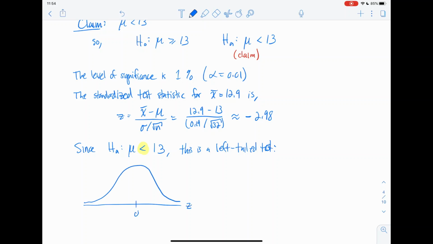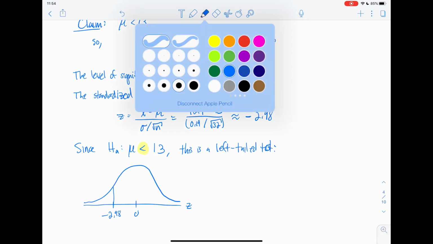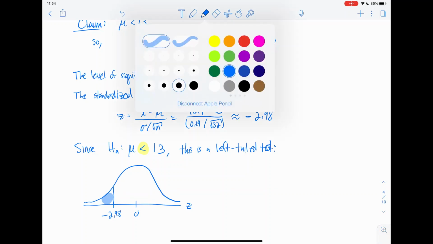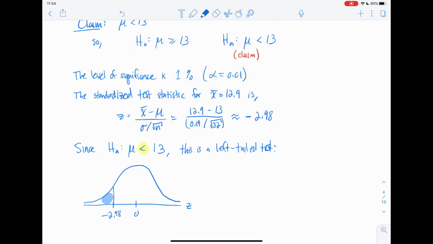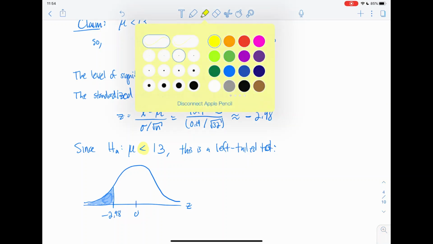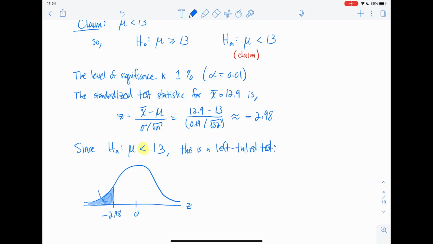So in particular, the area that we're looking for to compute our p-value, here's the normal curve, that's 0, this is a z-axis. We're going to have some sort of a z statistic here, which is negative 2.98, and then the area to the left of this test statistic over here, this is exactly the area that gives us our p-value. So the area here is equal to our p-value,